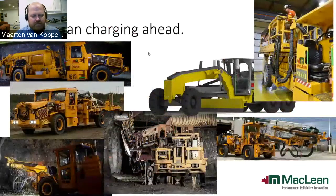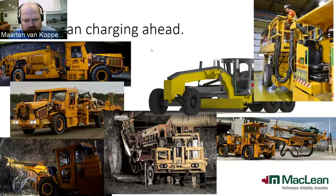And I just want to leave you with a short impression of all of the machines that are electric. Last week, we formally introduced our shotcrete sprayer and transmixer to the market in EV. We have all of our boom trucks, deck trucks, step trucks already available. This is the bolter that is in operation longest. It's still working at Musselwhite,